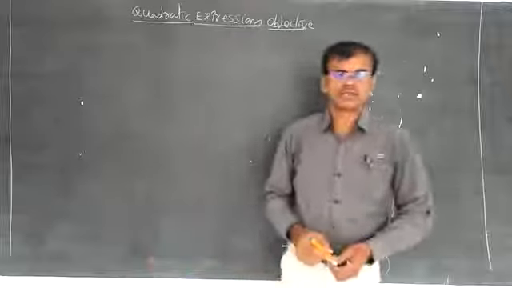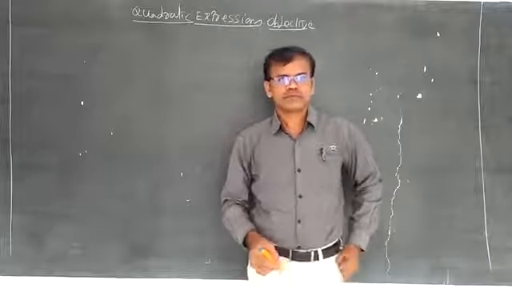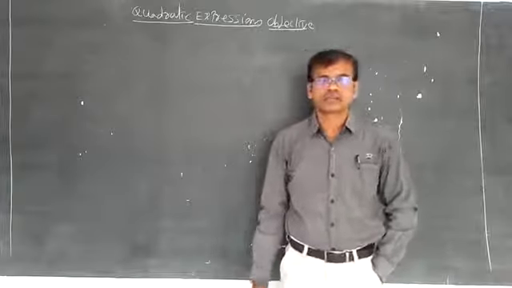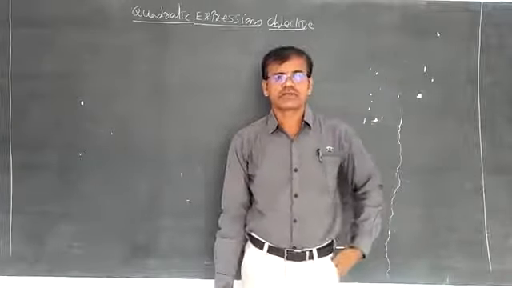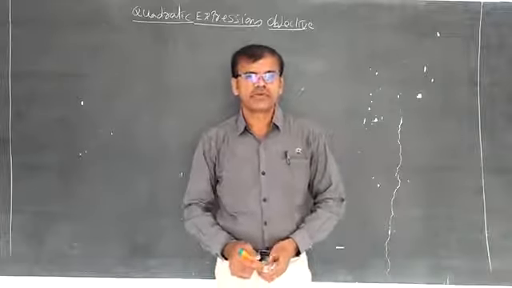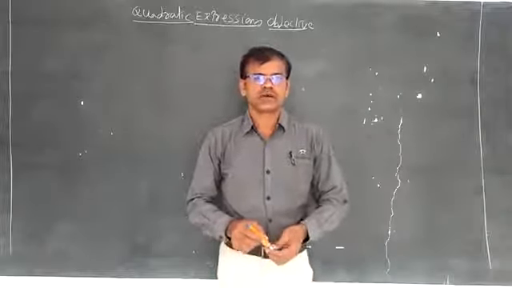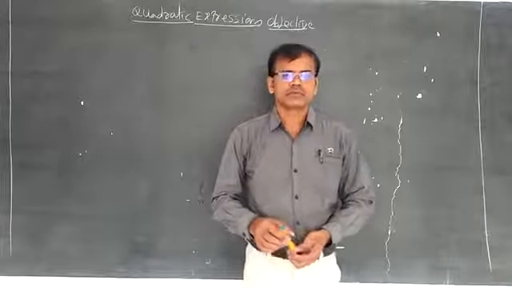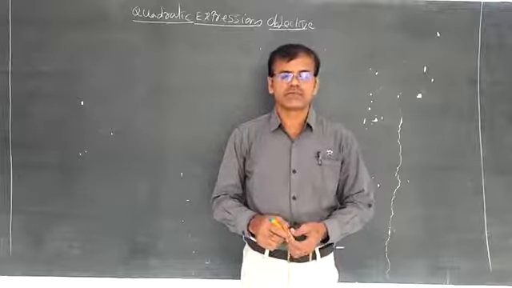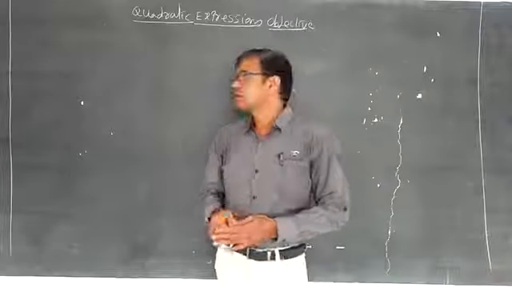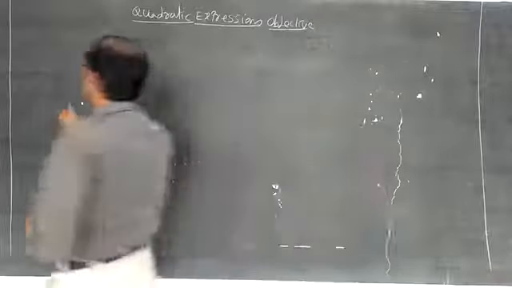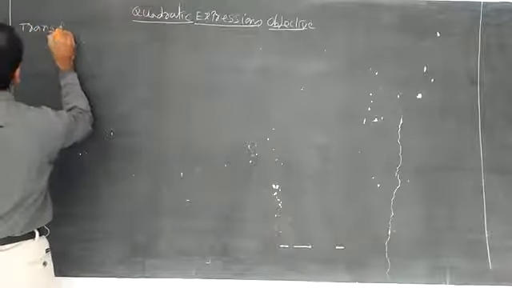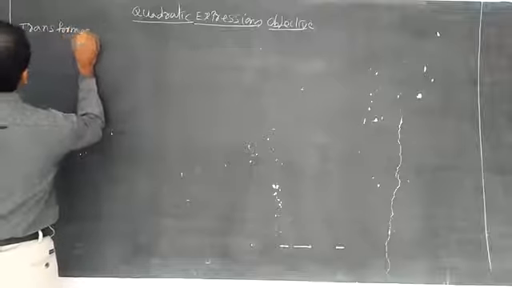In yesterday's class, we discussed the synopsis in the topic of quadratic expressions or quadratic equations, depending upon the discriminants delta 1 and delta 2 for the two quadratic equations p of x equal to 0 and q of x equal to 0. The properties we discussed in some examples also. Now today the topic is transformed equations and location of roots.